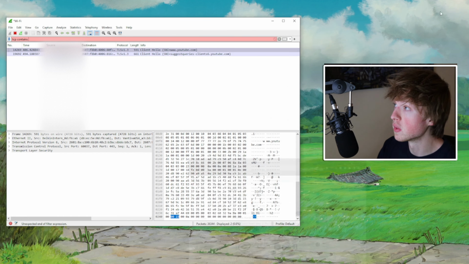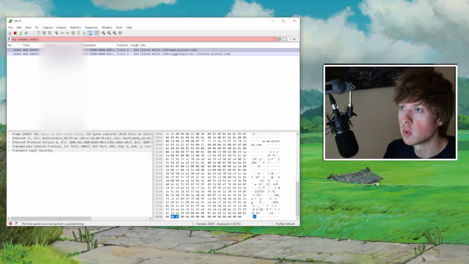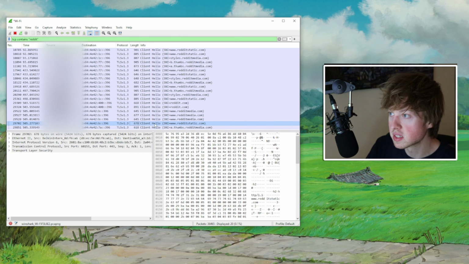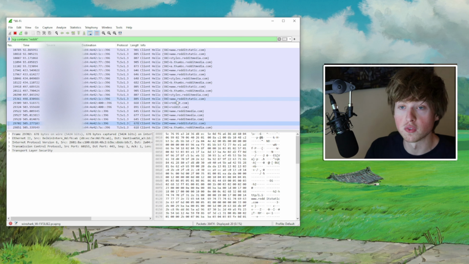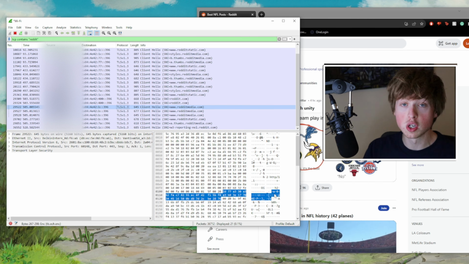So we're going to do this. We're going to minimize that. We're going to type in contains Reddit. We're going to end the quotes, hit enter, and then look, we have Reddit statistic, Reddit media, a bunch of Reddit things. So there's nothing really to monitor right now, but this is a really good practice